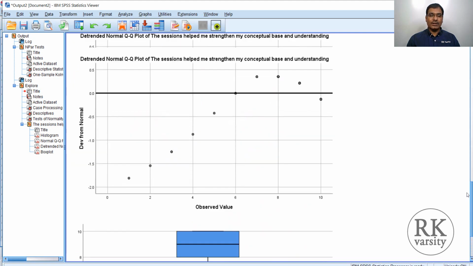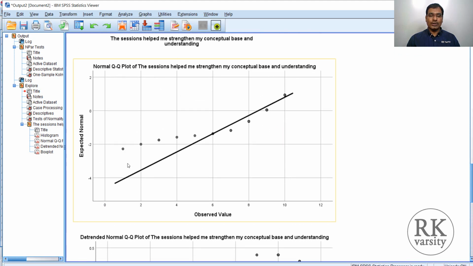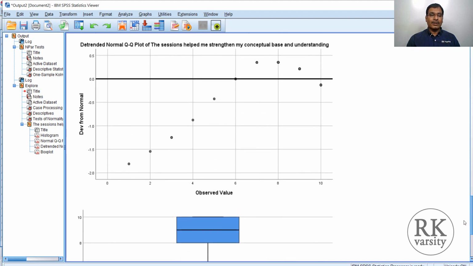So here you have plots. There is a QQ plot, which clearly indicates that here you have expected frequency and observed values. There is deviation between the expected frequency and the observed values. As this deviation is there, your significance value is less than 0.05. And a QQ plot here.